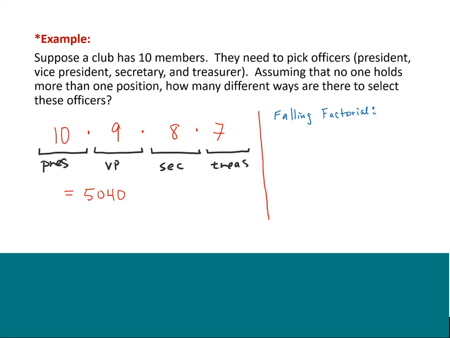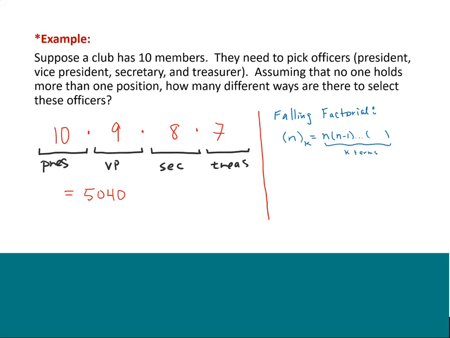In terms of symbols, it looks like this. N, and the parentheses are needed. It's actually part of the symbol. And then there's a subscript with a K. Now here's what it all means. The N inside the parentheses is like the factorial N. You start there, and then you multiply by the next number smaller, and you keep going until you get to an ending part. The K right here tells you how many total terms you're going to have out of your factorial. So you're going to have a total of K terms,